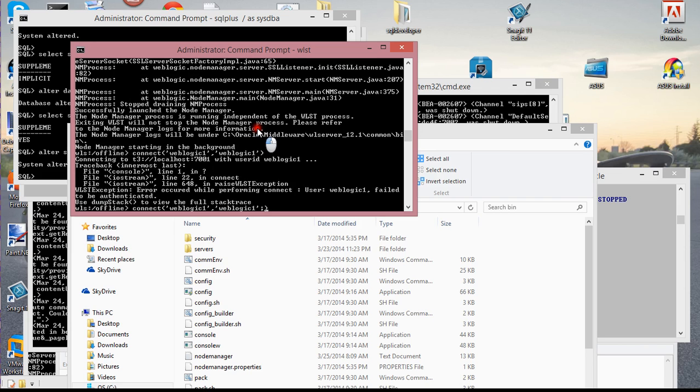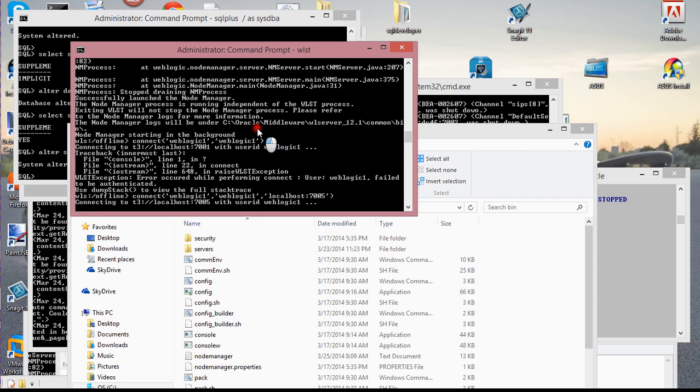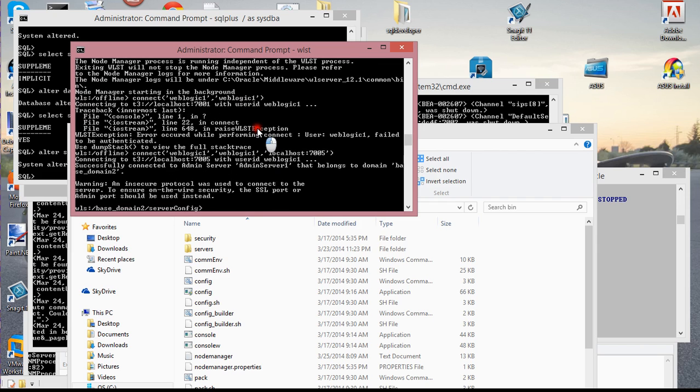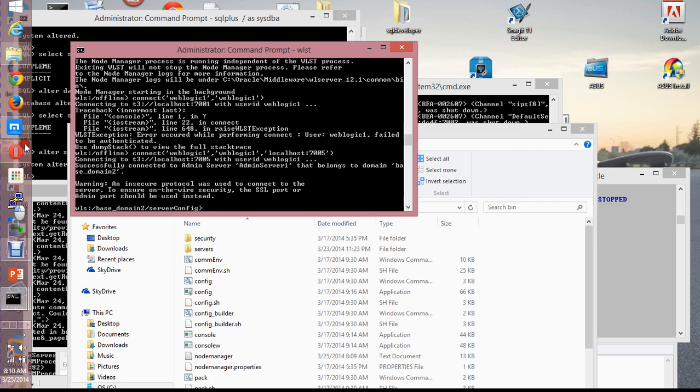So it should be comma localhost 7. And I think that might be part of the problem why I struggled earlier. Basically, I don't have the right localhost, the right listener port for my localhost. Perhaps that's the problem. So what I need to do next is, and again, my node manager is up,